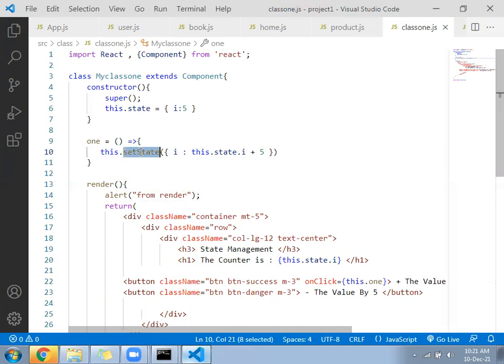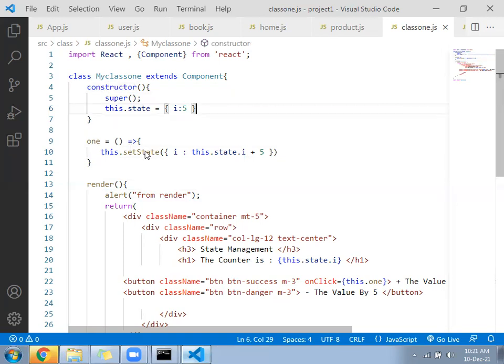So wherever the setState function is written, inside it, this render function is called. Once you call setState, immediately after that, render is called. So you can say constructor and render are both lifecycle methods of React.js. Now we have three functions in total: function one, render, and then which one? Constructor.